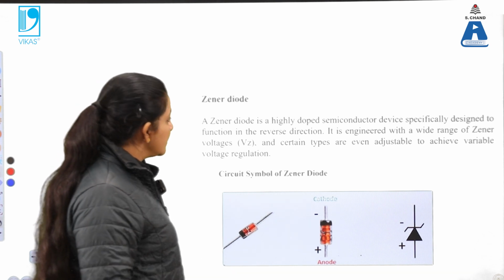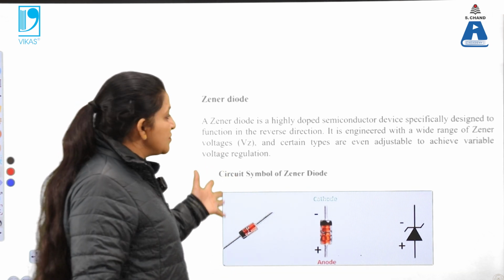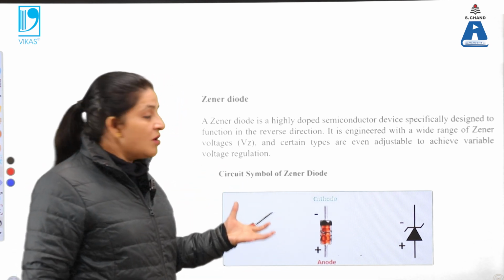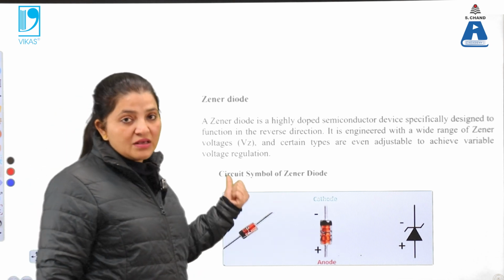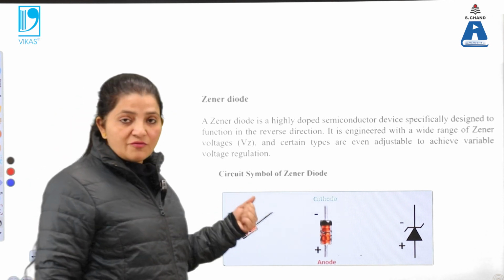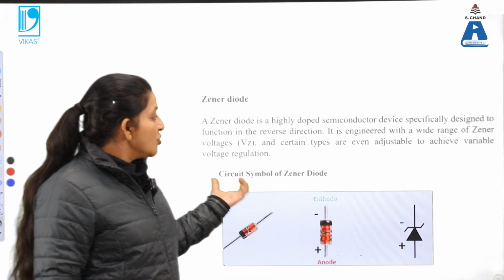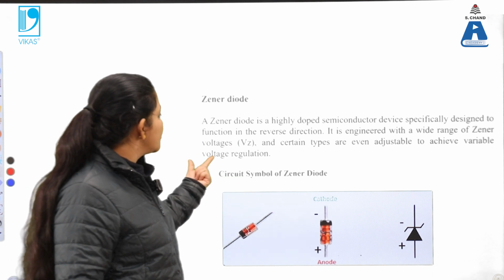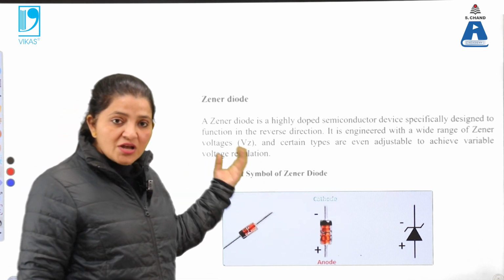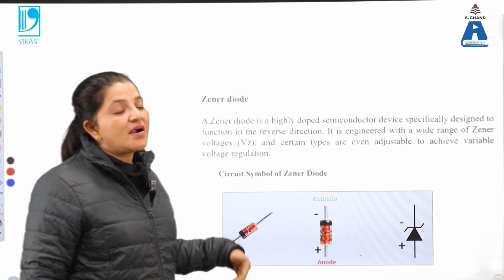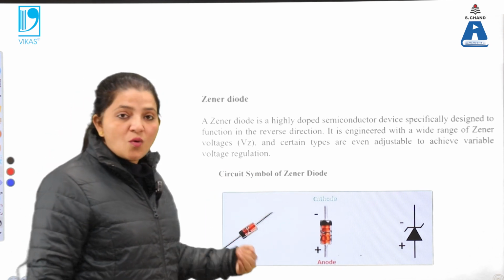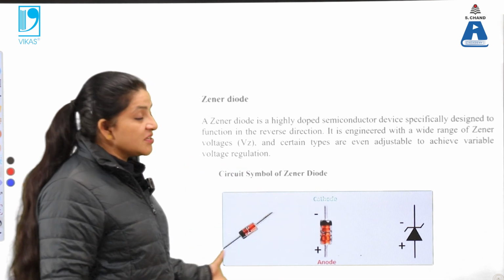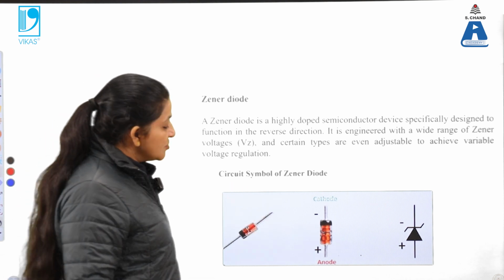It is engineered in such a way that at some voltage, which is known as the Zener voltage, current flows. We can adjust this voltage also. It is an adjustable voltage, while in the PN junction diode the voltage cannot be adjusted. So this voltage, with voltage regulation, is known as the Zener voltage. What is the Zener voltage? It is the voltage at which our device starts conducting, or starts working, in the reverse bias condition. This is known as the Zener voltage, and such kinds of diodes are known as Zener diodes.